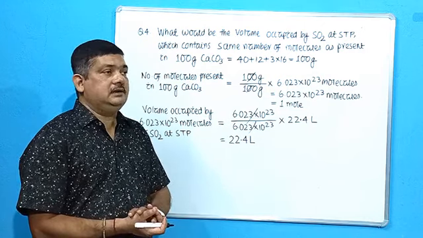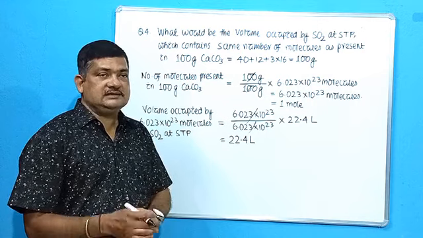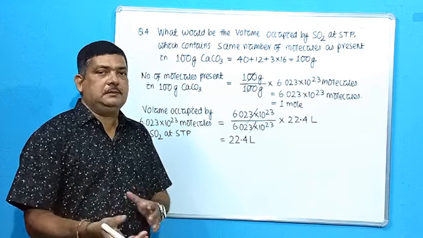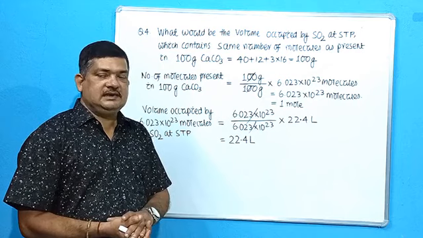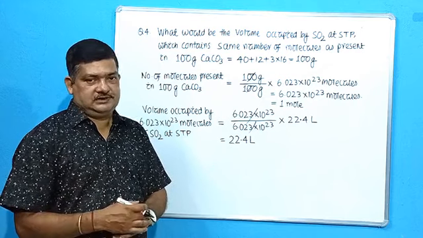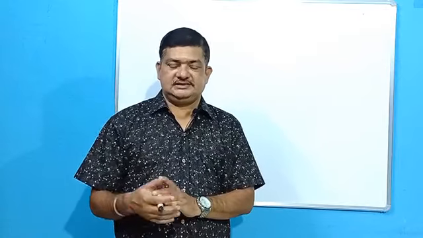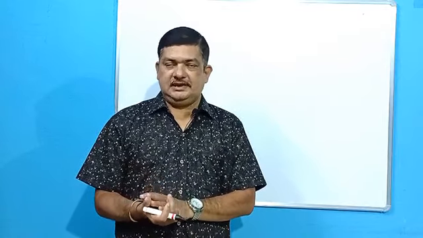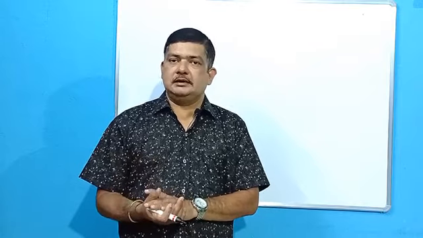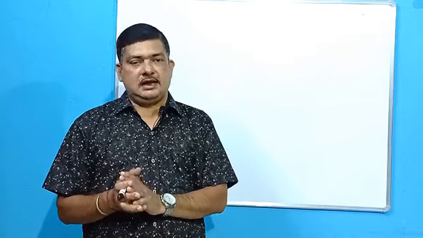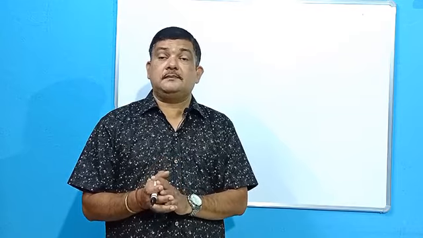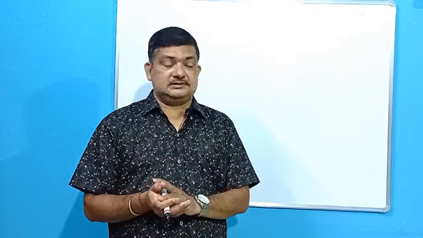Okay. Next we will be discussing some more numericals, and today will be the last one. I will be giving some more assignments, and we will proceed to the next page. Okay students, we have already solved the assignments. Next we will be solving some typical numericals, so that we can conclude the whole concept in this class itself. We have learned everything except atoms, so let us now learn how to calculate the number of atoms present in a given mass.